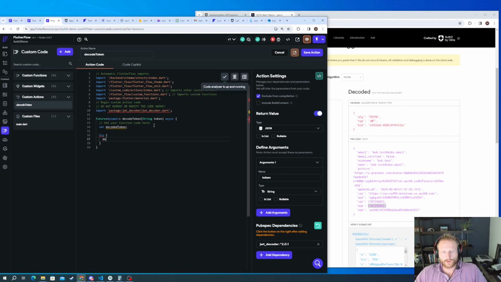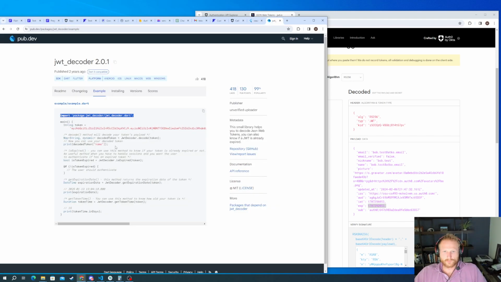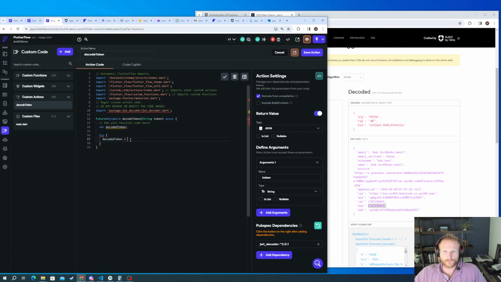In this try block, we're going to do a decoded token is equal to, and here we can use this information where they have a map string dynamic decoded token, and we'll just do this JWT decoder. So we'll just copy and paste this from here. And that comes from this package, so just don't worry about that for right now. If we want, we can print this decoded token,